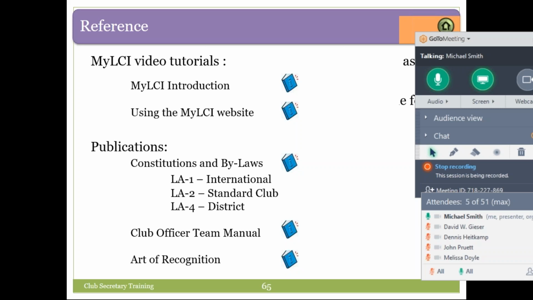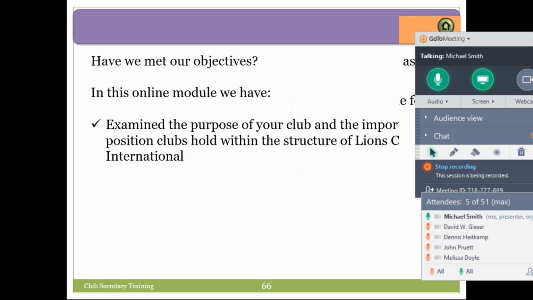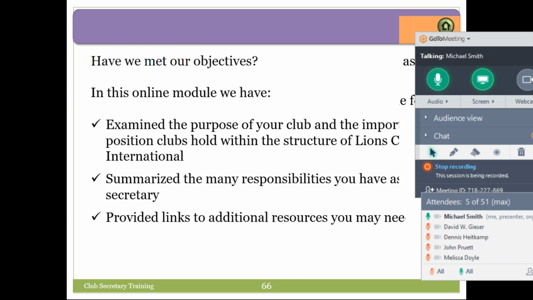We're coming to the end. This module for club secretary training is pretty in-depth. We just don't have the time in the one-hour format to actually go into My LCI and do some maneuvers in it.